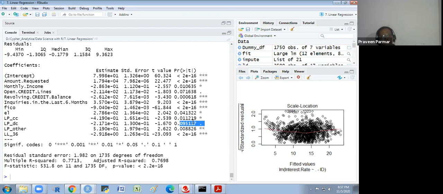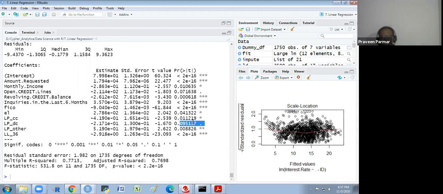I have not included AIC here because we have very few variables. If we have more variables, 45, 35 variables, 100, 90 variables, then we could not remove them one by one; it would take a very long time. So we use some other criteria to remove them. First we use the VIF, then AIC, and then the p-value. We require some automation there, which removes the variables automatically. That is the AIC criterion.